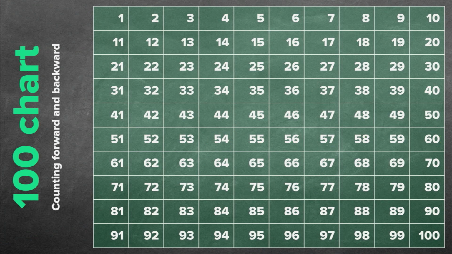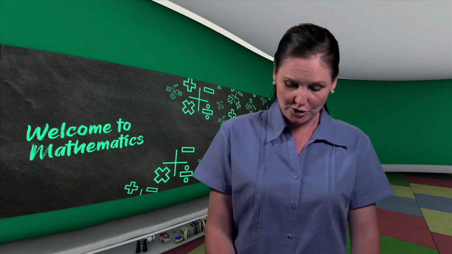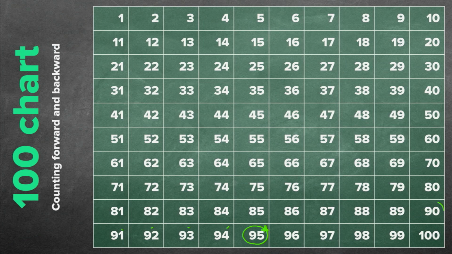It will be exactly the same when I count in 5s. 5 is still a very small number, so I can still use the 100 chart. You have to count backwards in 5s for me, starting at the number 95. I've got my spot where I have to start. Now I have to count backwards. Remember, backwards, my numbers are getting smaller. So it's 1, 2, 3, 4, 5. 1, 2, 3, 4, 5. And so you carry on.